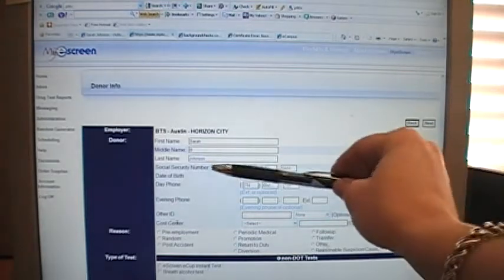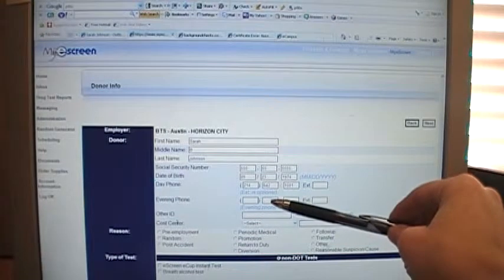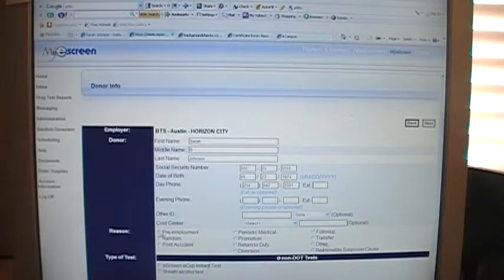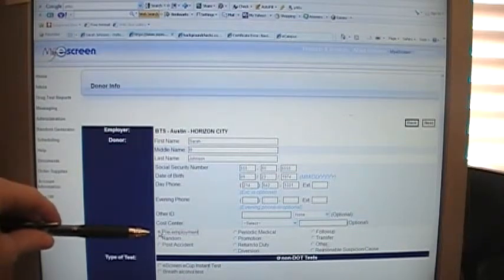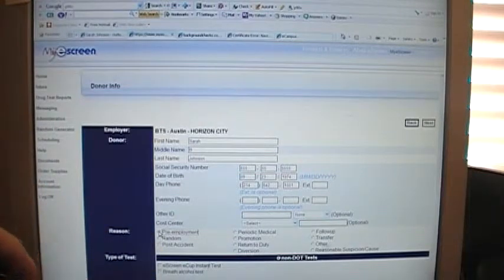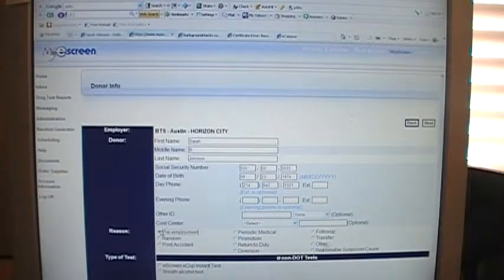Okay, so after you fill in the social, the date of birth, and the day phone number, evening phone number is optional. You don't have to do that. Go down here and you want to click the pre-employment button right here, because this is for our employee hiring. When we're running our annual drug tests, because we have to recertify drug tests every year, then we might choose random for that. But when we're trying to hire applicants, choose the pre-employment